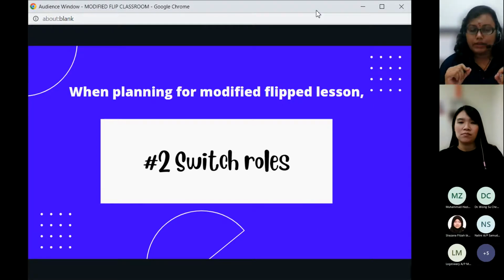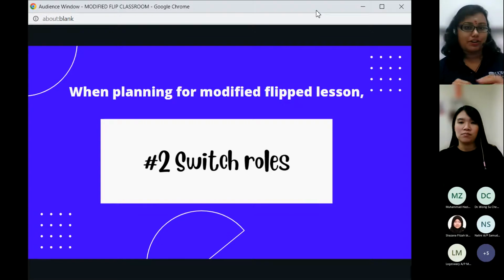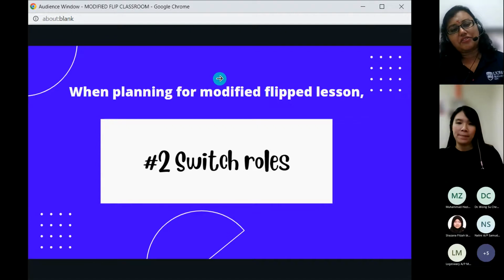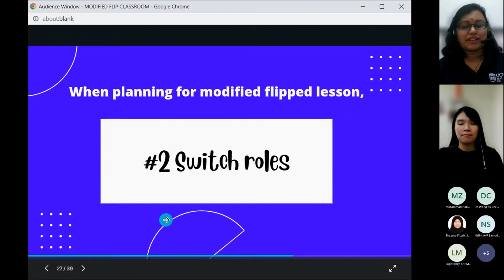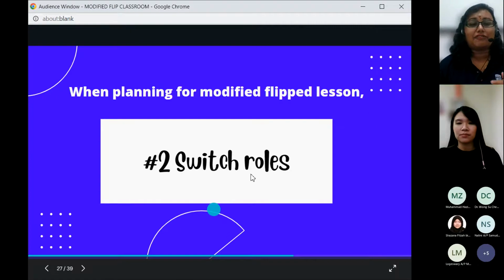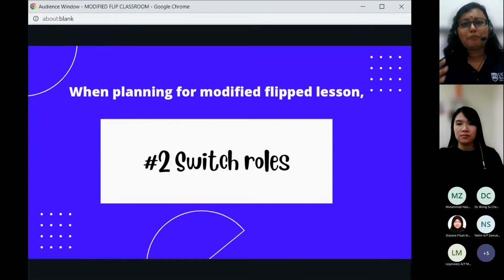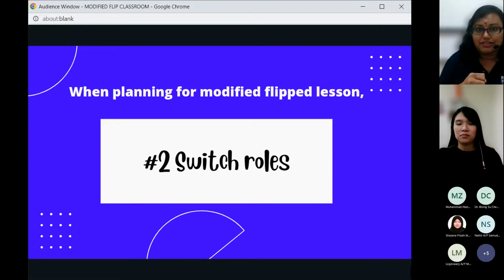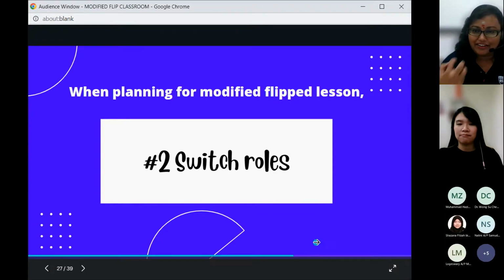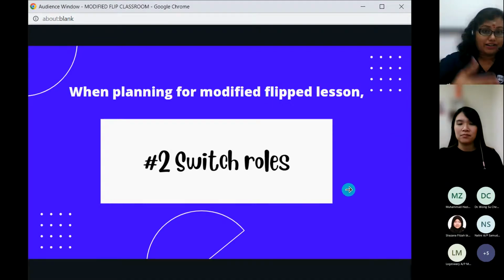So you pinpoint it to that group and also in general. All right. So in a way, you don't have to do it all by yourself. For a change, they will have different faces teaching them and conducting the game. And they all will have fun, especially when students are hosting the games. They all laugh and they're more relaxed compared to me hosting the game, when they'll be very serious because they are very scared or shy. So this is one way where I modified the lesson and I asked them to do tasks. We switch roles basically.